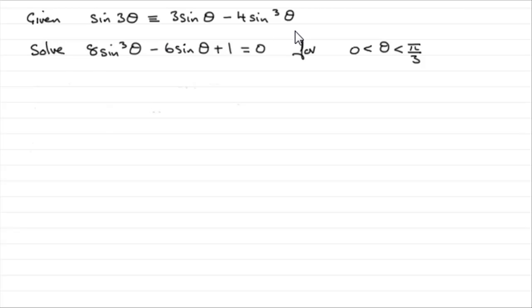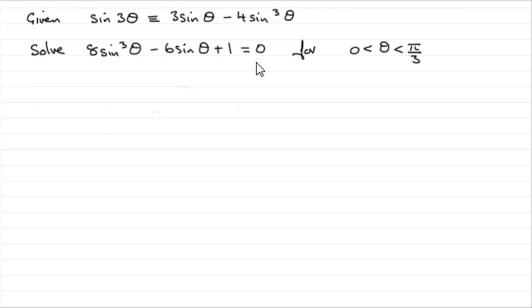And what I notice is that these first two terms are double these two terms up here. If I doubled the 4 sine cube theta, I'm going to get an 8 sine cube theta, and if I double the 3 sine theta, I'm going to get the 6 sine theta. Only the signs are different. This is a plus, whereas we've got a minus here. So this gives me an idea to subtract 8 sine cube theta and add 6 sine theta to both sides